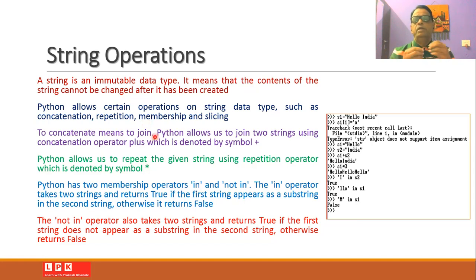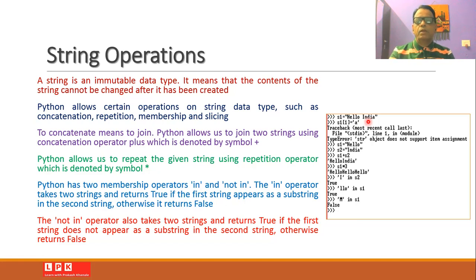Concatenation means we can join two strings. Python will allow us to join two strings, and for this, we can use the plus symbol. This plus symbol will indicate the concatenation operation. So for example, if I have the first string hello India, then